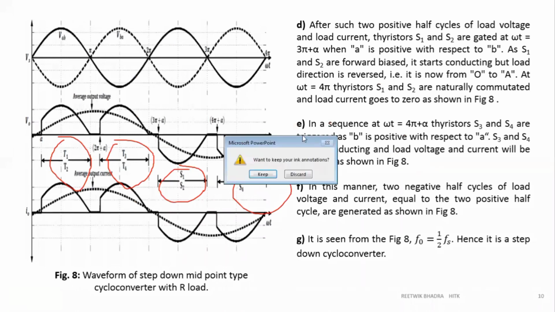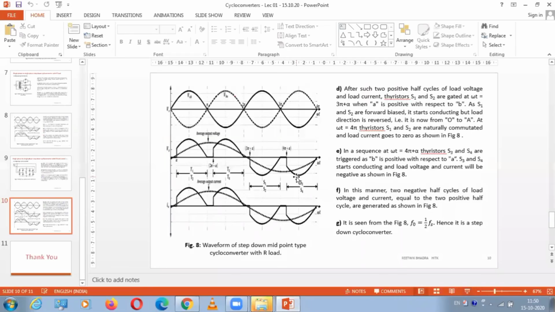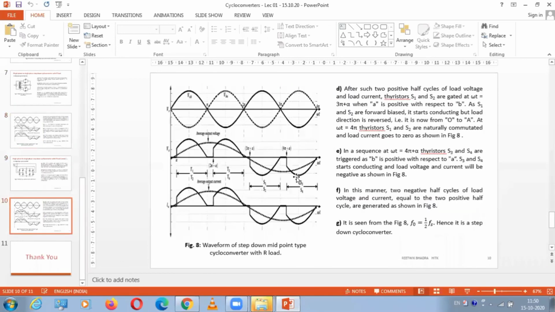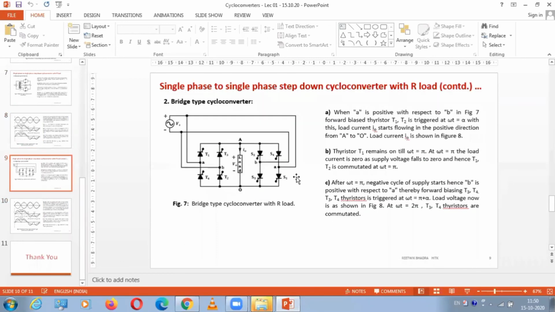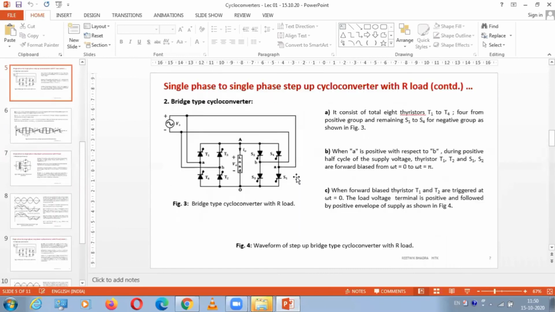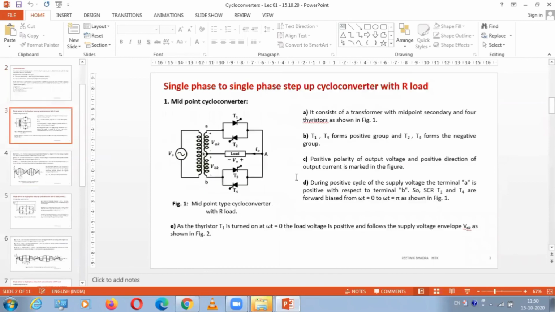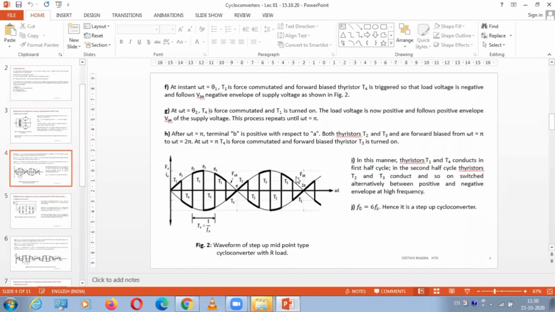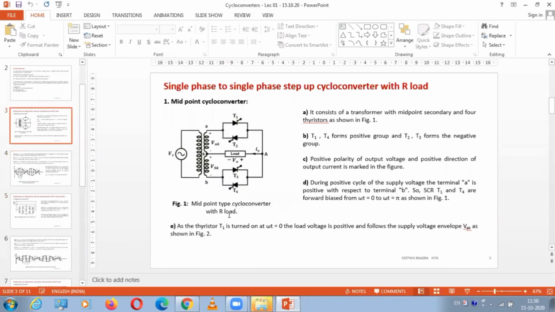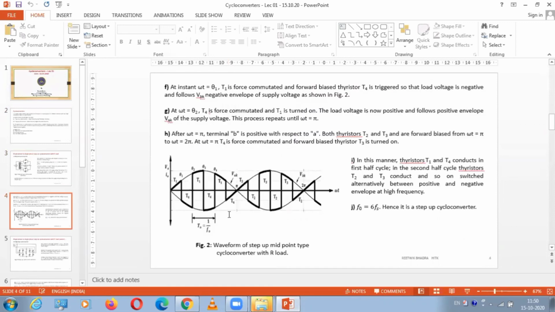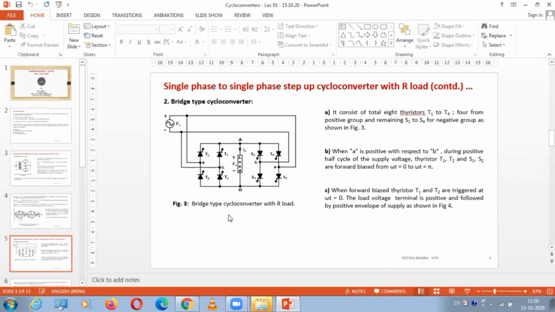Please, if you want, you can try these simulations at home and find out how these waveforms are obtained. If you don't do simulation, then you can't understand it nicely. Any circuit you can simulate and get these waveforms. So please practice it. All the theoretical things are written over here. You can find it in the book also. Any book you refer, this I have written.